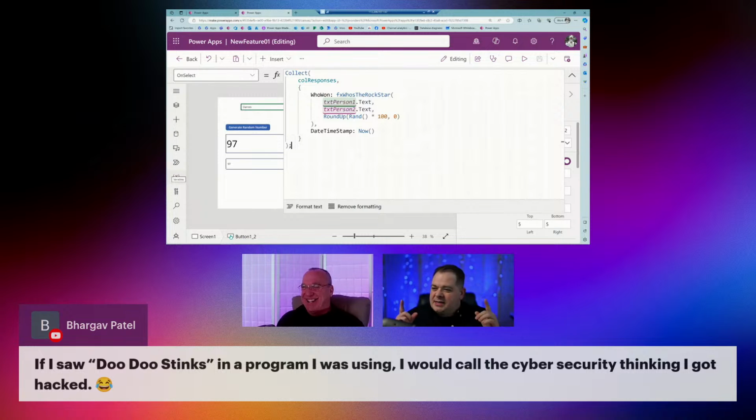And the string is "doo-doo stinks," but don't tell the cybersecurity people because it's a secret. Cybersecurity won't agree with this statement, but doo-doo stinks. So then people will call up, and it's sort of like making your Wi-Fi password "you have to buy something."